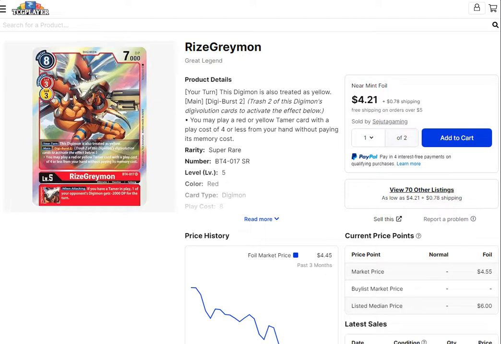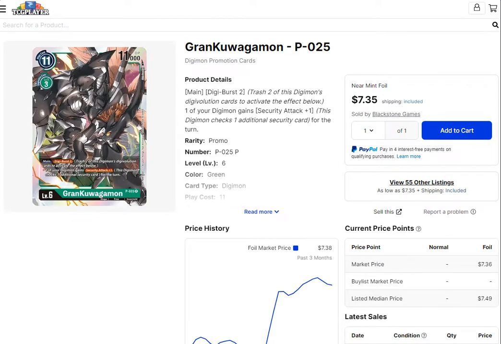Like that's pretty good. You're just spamming a bunch of tamers. Maybe make a yellow hybrid could be good later. Next, we have Grand Kuwagamon, another card that isn't really going to see anything in set 8, but for set